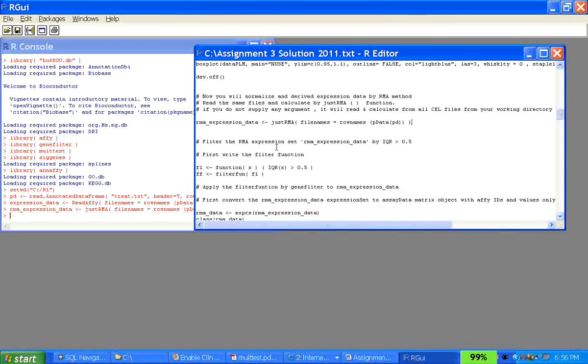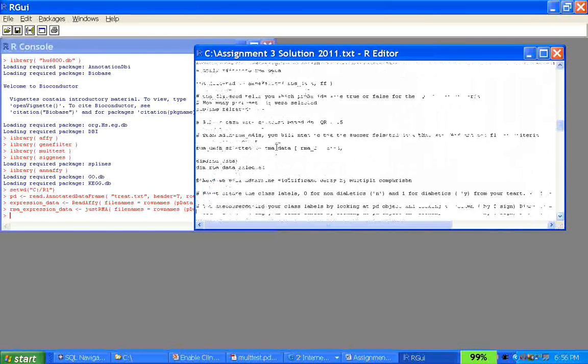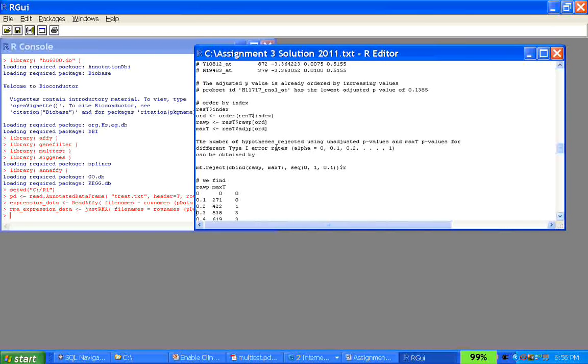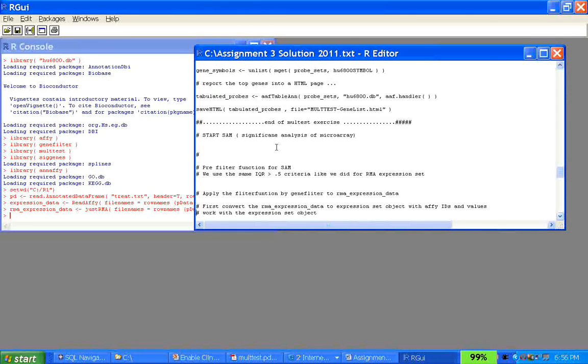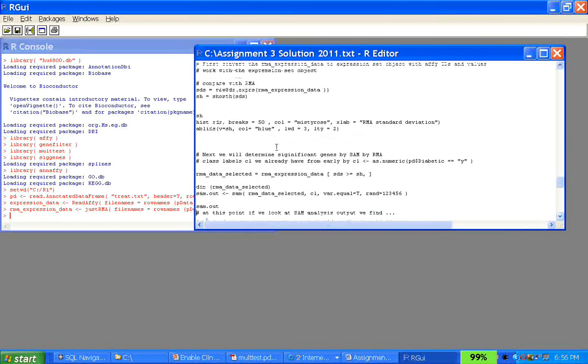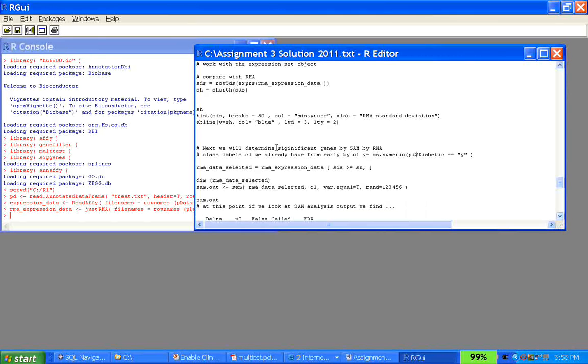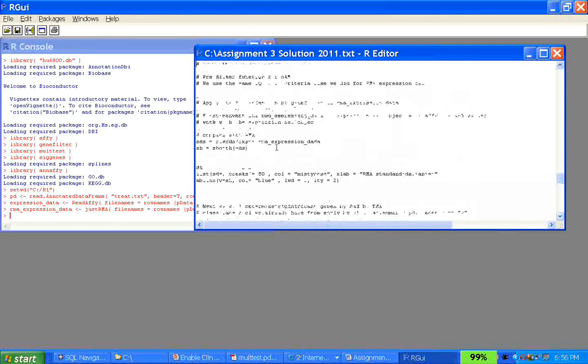So we'll do a plot and we'll establish a cutoff line. Anything that falls on the left of the plot with low standard deviation we're going to get rid of, and anything that falls on the right of the plot with high standard deviation is going to pass the criteria of non-specific filtering. So I was with Sam, so let's go here. This is where I was. Now we start with this RMA expression data, and we're going to compare the standard deviations between each of those